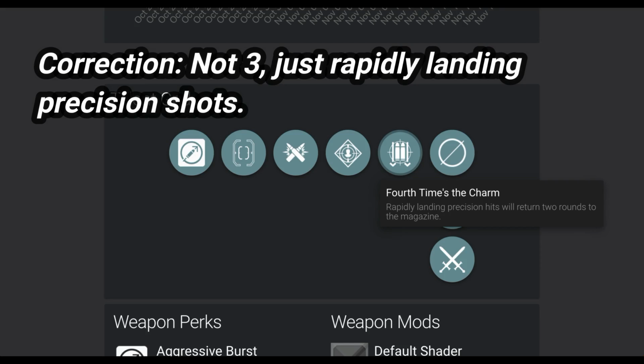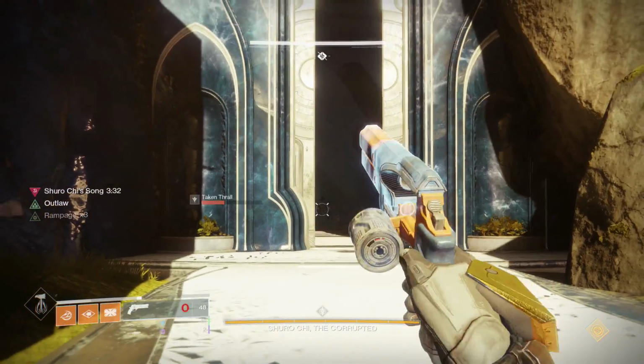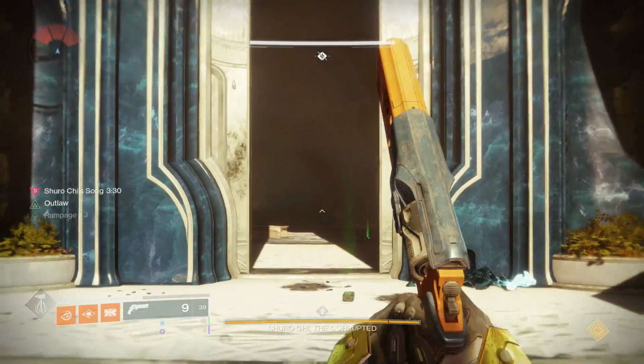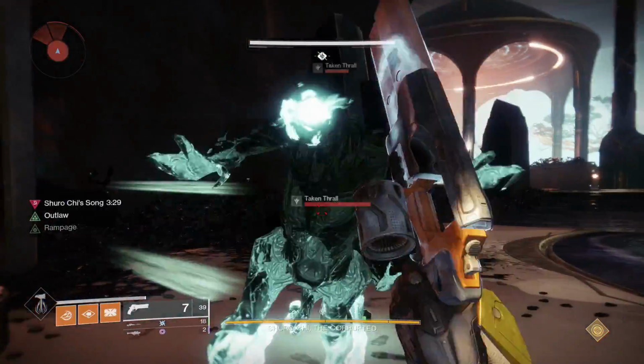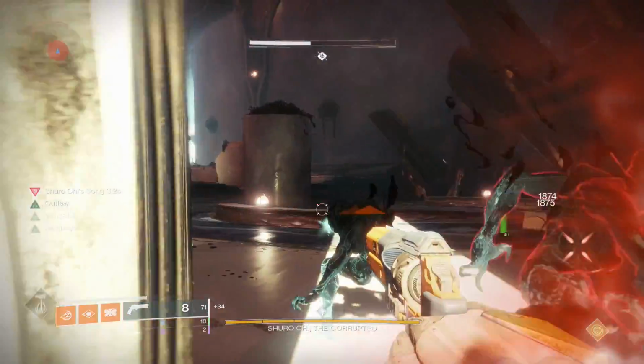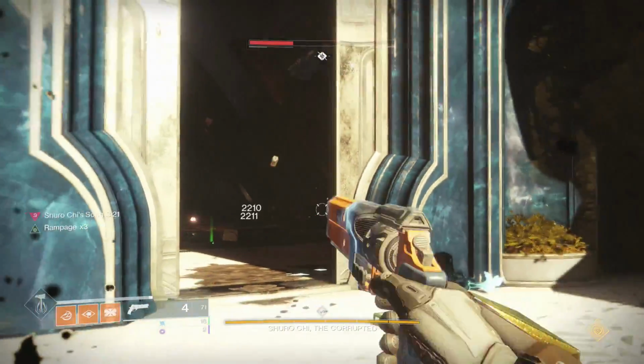But unfortunately, you would think that since it's a double burst that it would only require 2 headshots to proc that perk, but the 2 bullets that come from every shot don't actually count as 2 headshots. It still counts as 1. Therefore, the perk doesn't trigger until you shoot the gun 3 times, which actually equals 6 shots. And so in PvE, it dramatically affects the weapon's ability to really cut into enemies and to have the same amount of